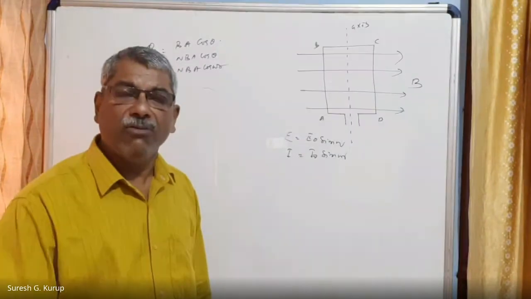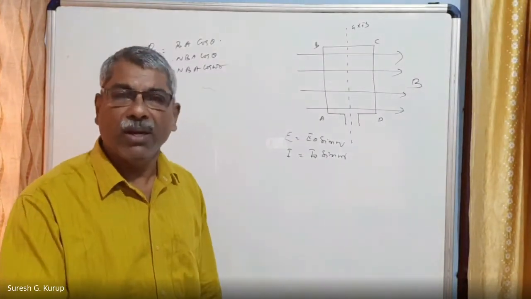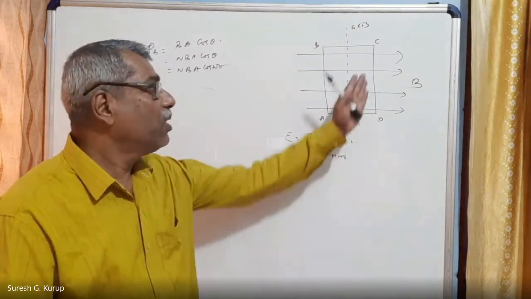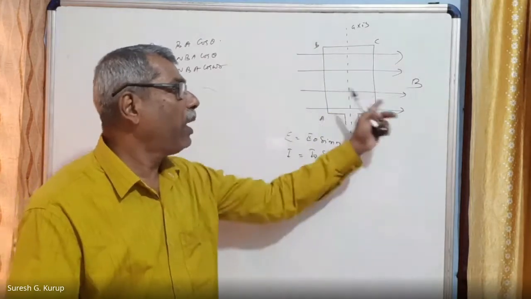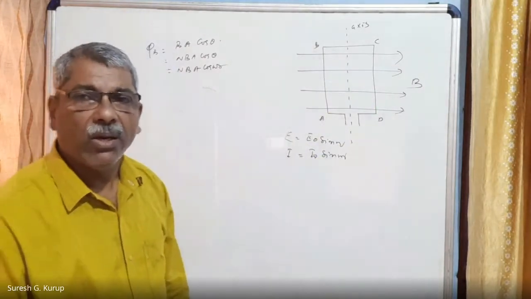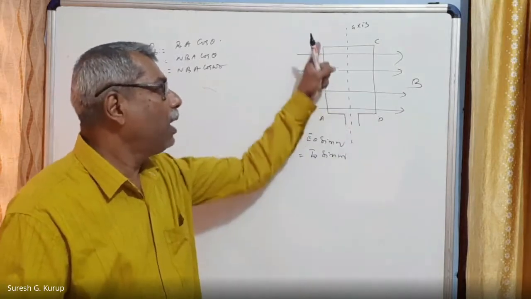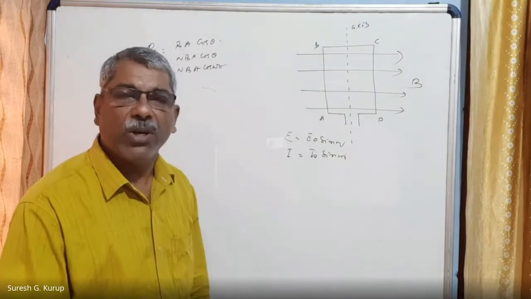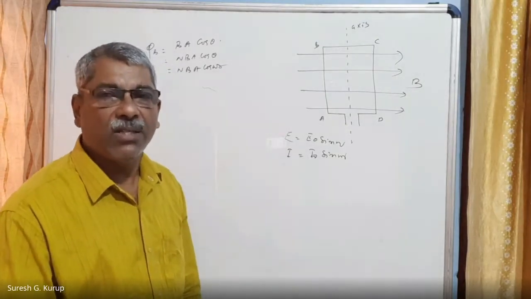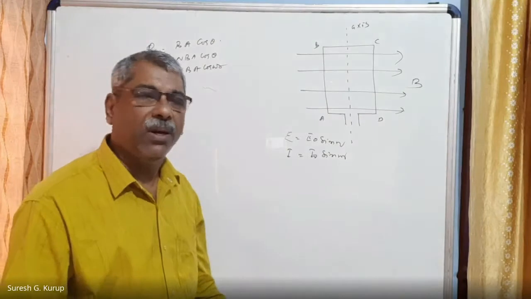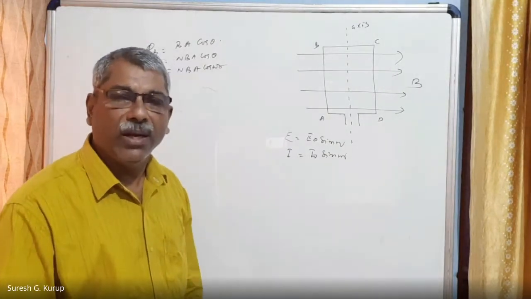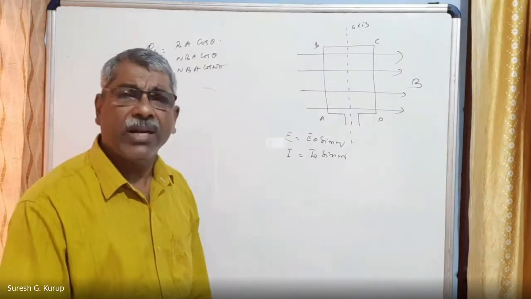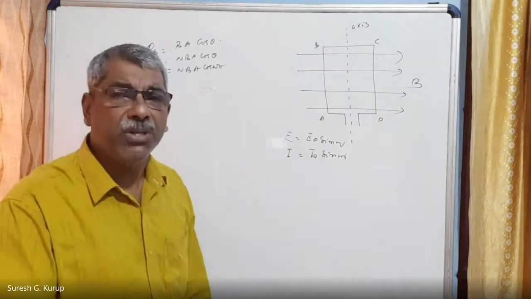Whenever there is a change in flux, EMF is induced in a coil if the coil is rotated in a uniform magnetic field. Here the figure shows a uniform magnetic field represented by equidistant parallel lines with arrowheads, and there is a coil of a certain number of turns that is rotating. When it rotates, due to change in area, the flux variation takes place. Flux variation can take place in a coil due to change in area, that you have already explained.